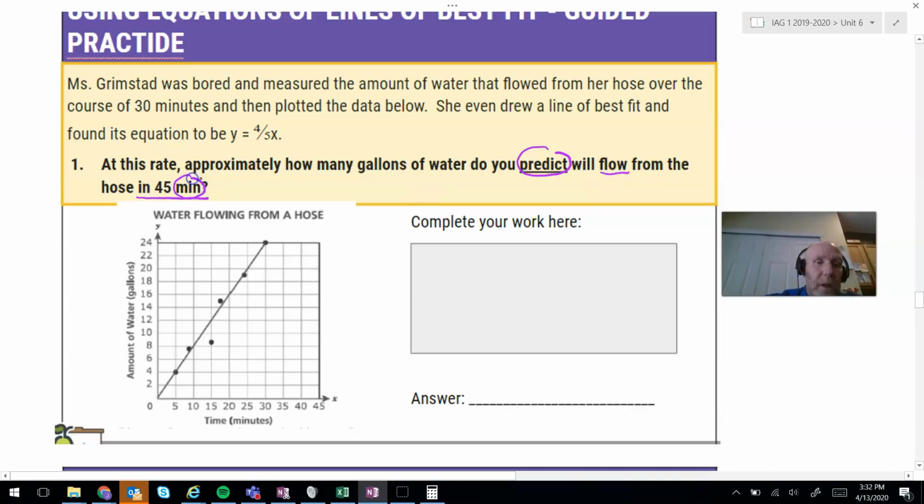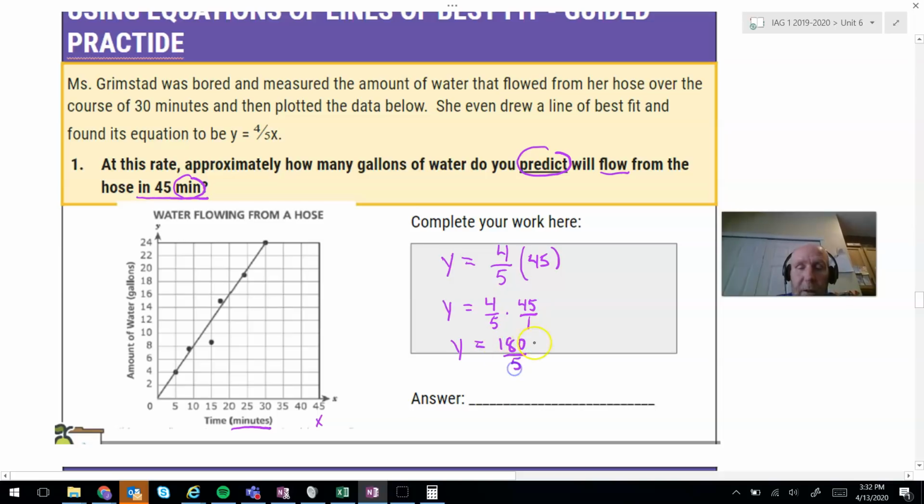Where is minutes? Minutes is along the x-axis. So minutes is along the x-axis here, 45. So that's our x. x is 45. So what we want to do is use that to plug it into the equation. y equals 4/5, and instead of the x, we're going to put 45 because that is the value of minutes that they gave us. It's pretty easy if you want to go 4/5 times 45 over 1, and that would give us, I should be able to do that in my head, 180